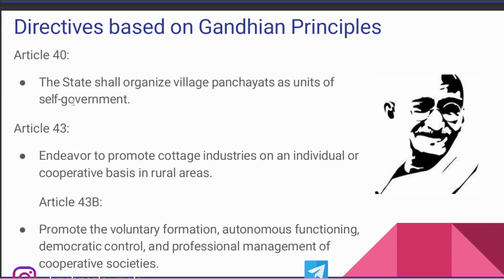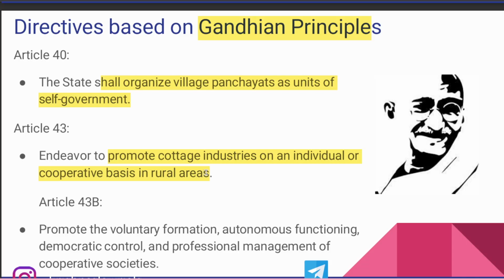Article 40 under the Gandhian principles. What the Gandhian principle says here is the state shall organize village panchayats as units of self-government. Village panchayats should be organized. Under Article 43, it says endeavor to promote cottage industries on an individual and cooperative basis in rural areas. So cottage industries, small industries on an individual and cooperative basis, like a cooperative kind of company basis in rural areas,